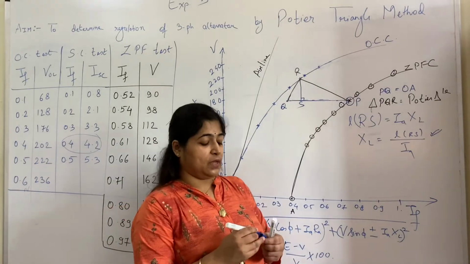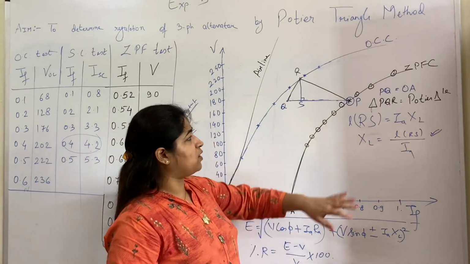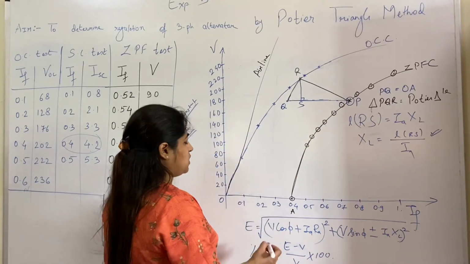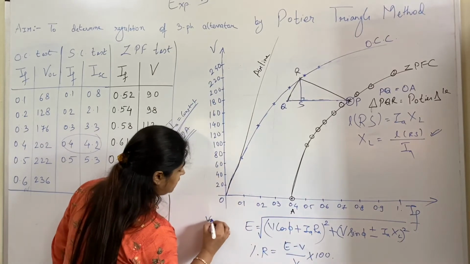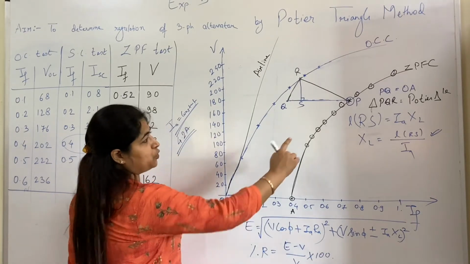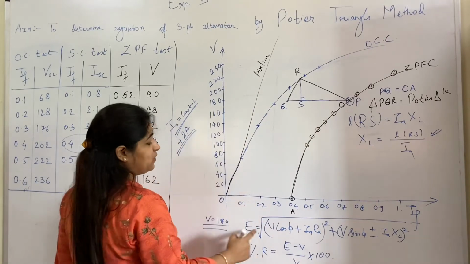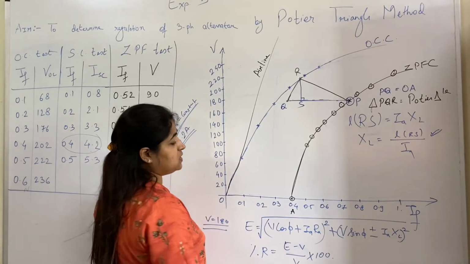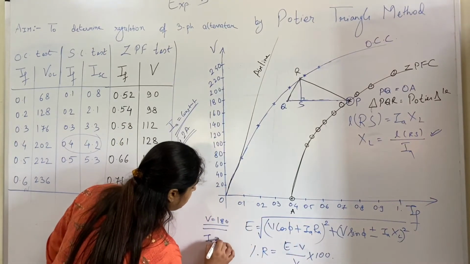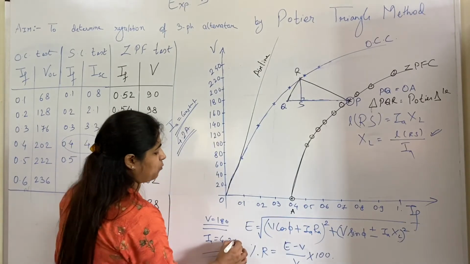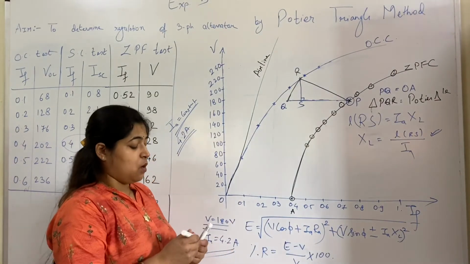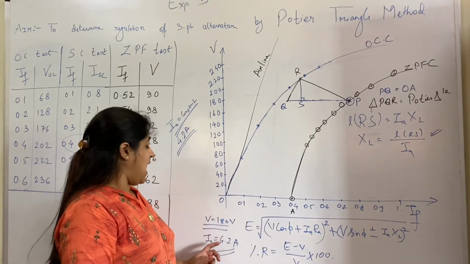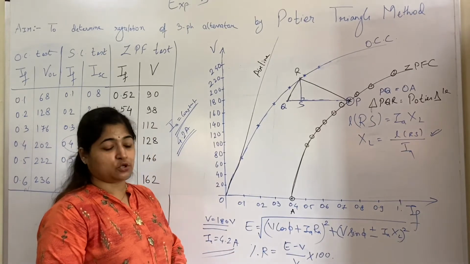Now one thing you need to keep in mind, because we have plotted everything here at this particular voltage, so kindly consider voltage V as 180 here, because you have drawn this Portier triangle for 180 volts. So V will be 180 volts here. Here also you will substitute V is equals to 180, while current IA will be 4.2 because we maintain the current at 4.2 ampere. I repeat, while substituting the values in this equation, V should be equals to 180 volts and current IA should be equals to 4.2 ampere.